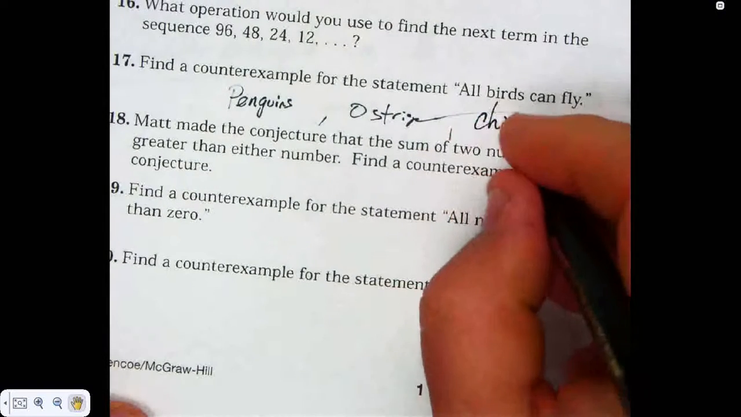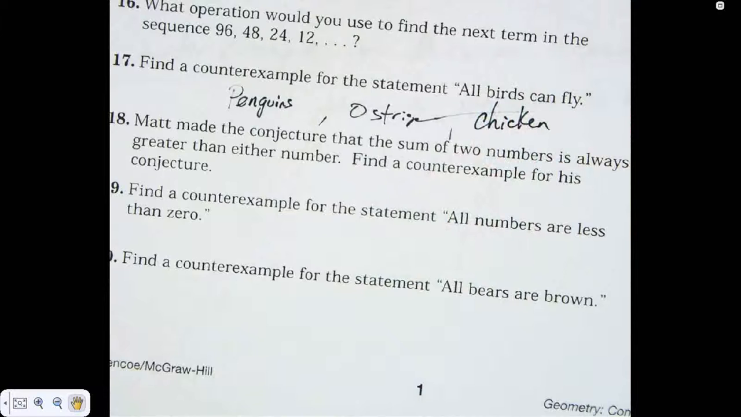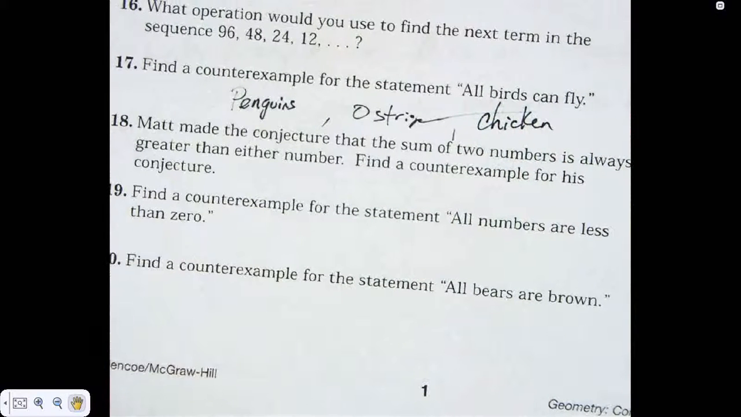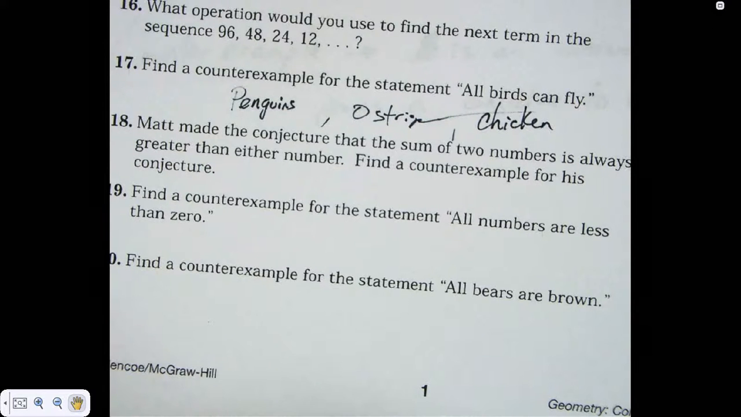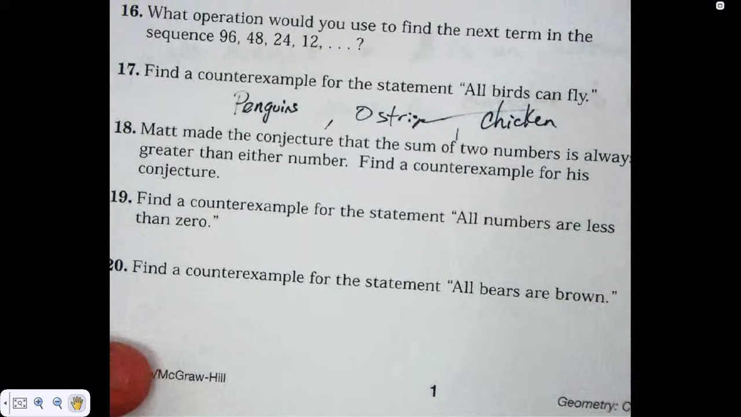Hey, why does everybody know penguins? Because whether y'all want to admit it or not, y'all watched Madagascar when you were growing up younger, right? Still watch it, that's right. Madagascar 2 is really good. It's funny. All right. So,